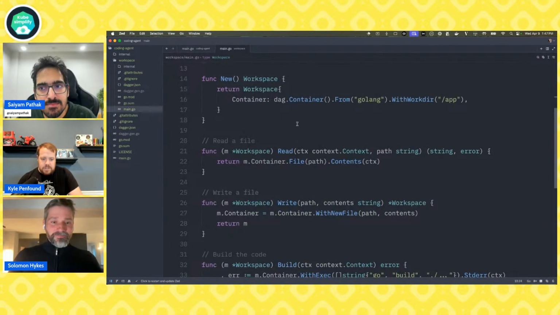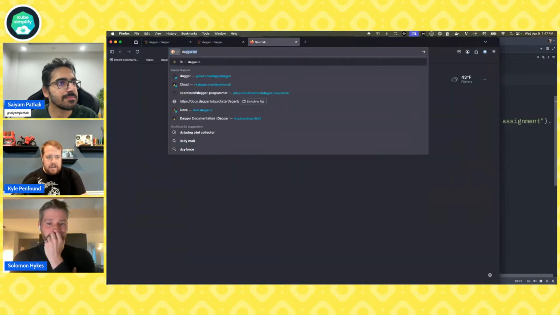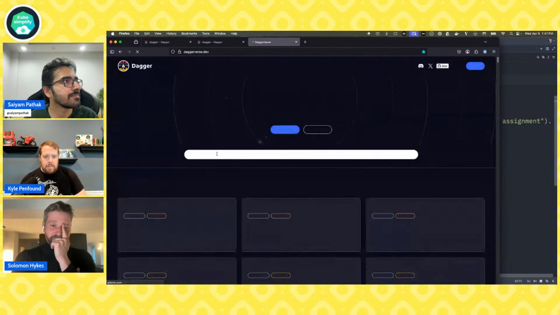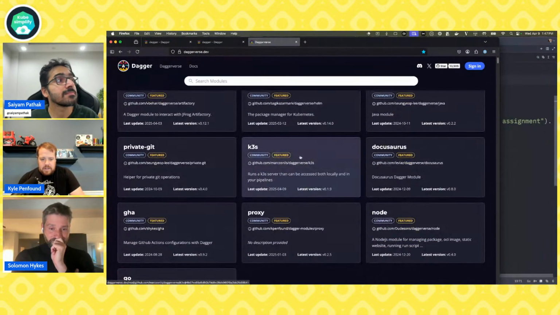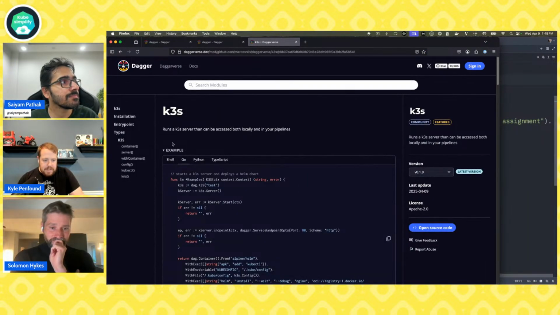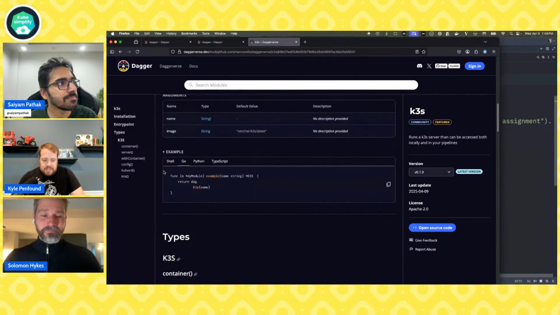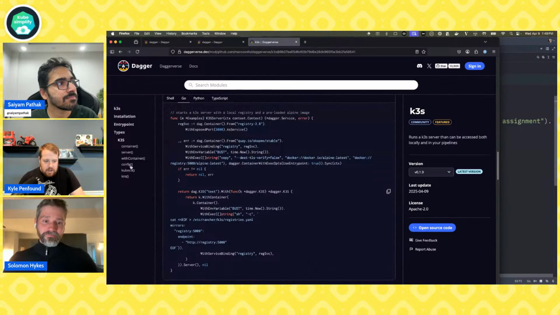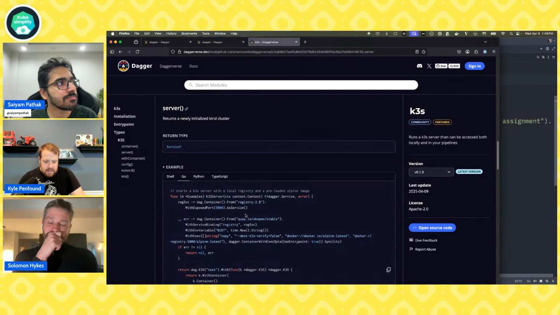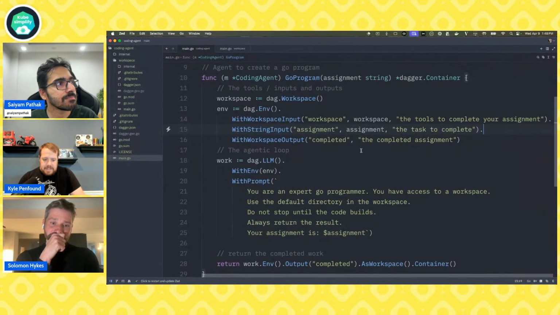So you made your first module that is its own self-contained thing, but you can also go to the Daggerverse and grab any one of these modules and give all of their functions to the LLM. Like you could grab K3s, for example, and this one can actually run K3s inside of Dagger. So you could give a whole cluster to an LLM and say, go have fun, and it can call all of these functions, like get the service itself.